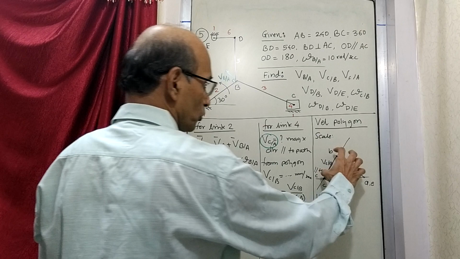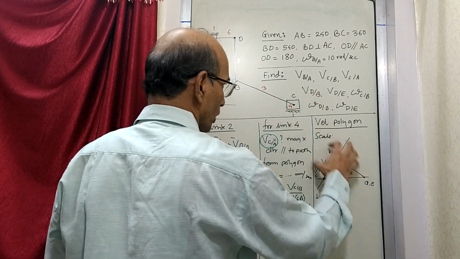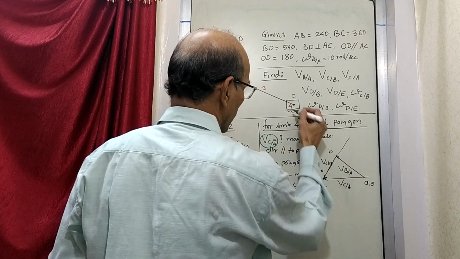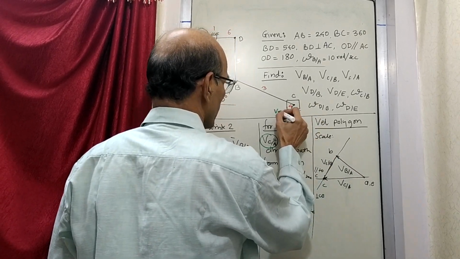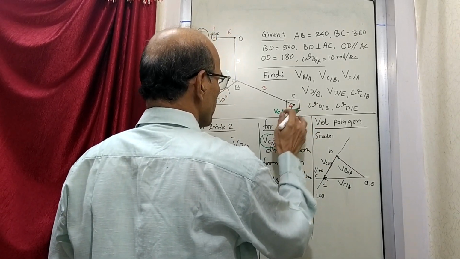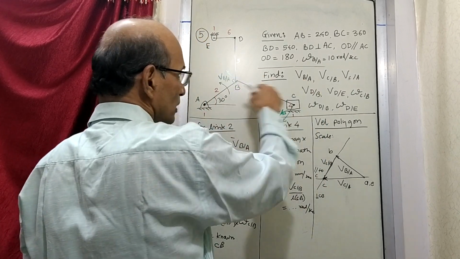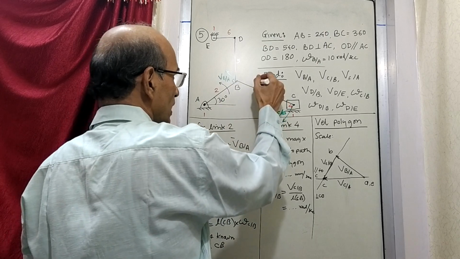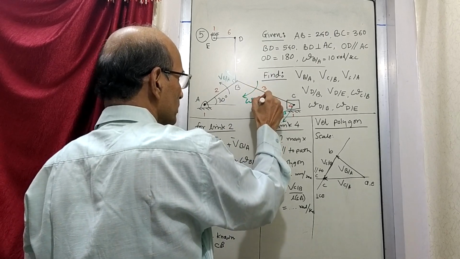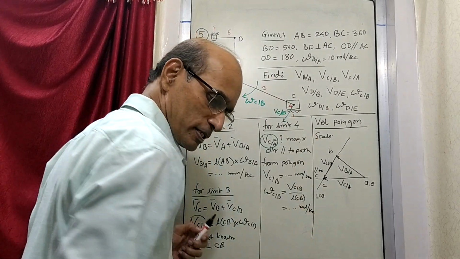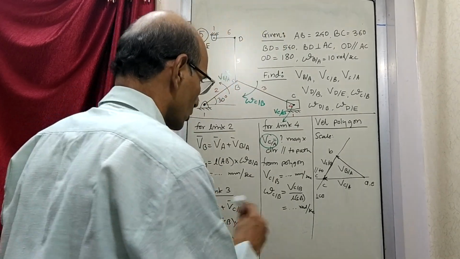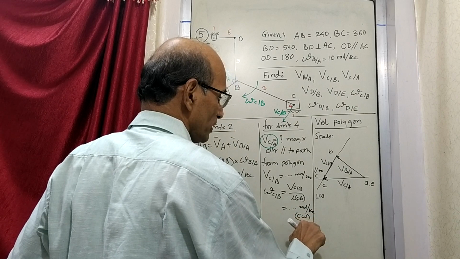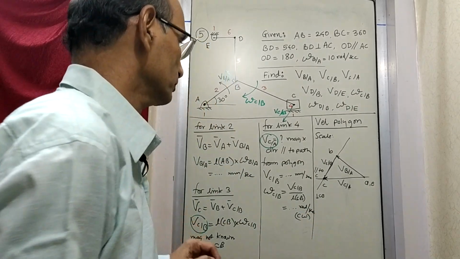For direction you have to put this vector here. So I am drawing this vector here, velocity of C with respect to B. Point C is appearing to move in this direction if you are looking from here. Which means that angular velocity will be like this, which is clockwise. So you can write here clockwise. Magnitude is so much and it is in the clockwise direction.